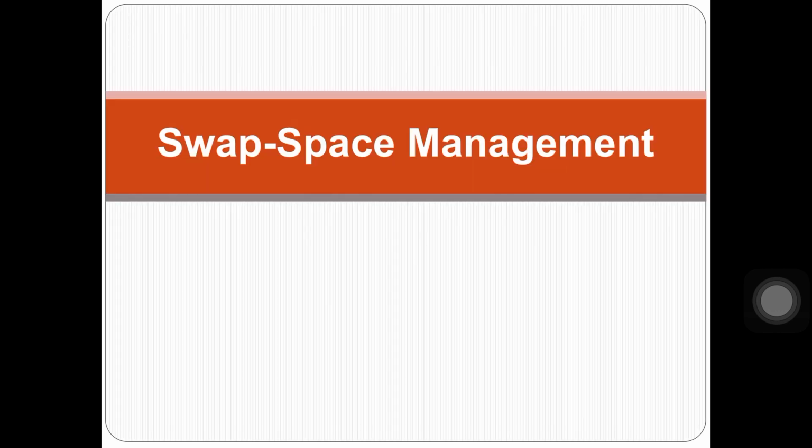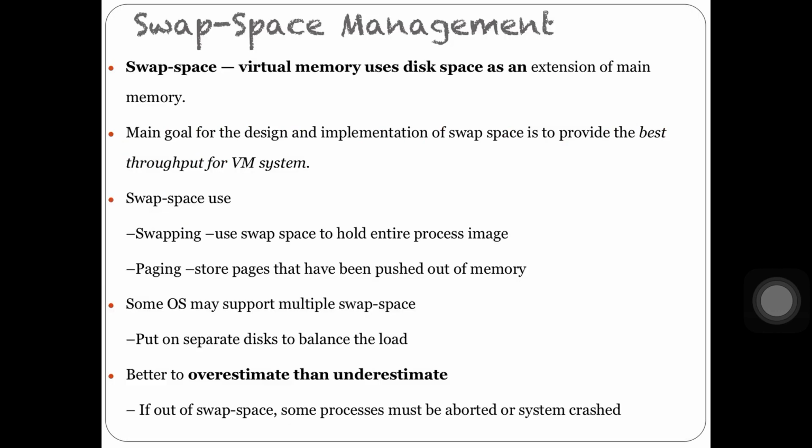Next we will see swap space management. What is swap space management? What are we going to study here, and why do we require swap space? We will study it with one example. So what is swap space first? A swap space is a space on the hard disk used as a virtual memory extension of a computer's real memory. Having a swap file allows the computer operating system to pretend that you have more RAM than you actually do.